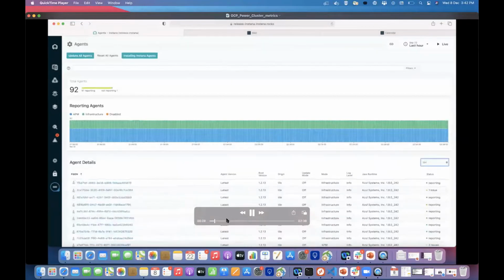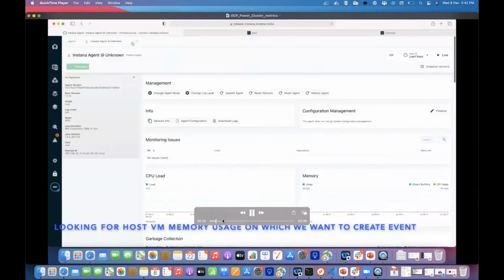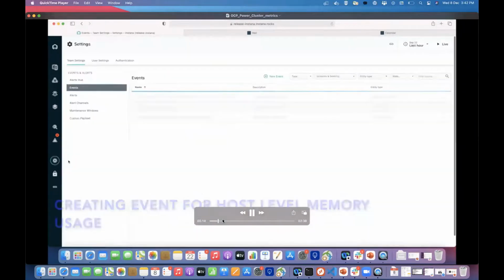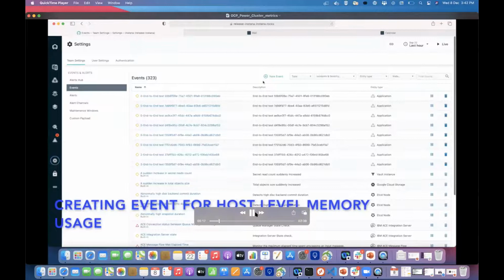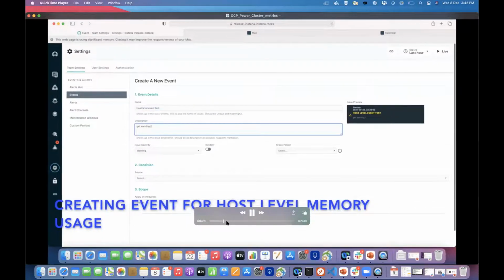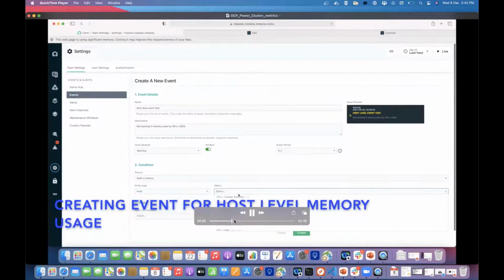Here we'll be creating an event on our VM for memory usage. These are some steps we need to give over here. Here we can add the condition: if my memory consumption is greater than some X%, then I should get the notification. We can get the notification via mail, Slack, or pager.